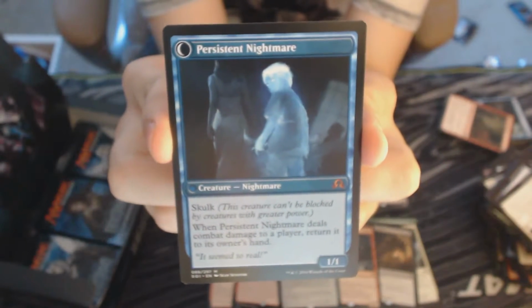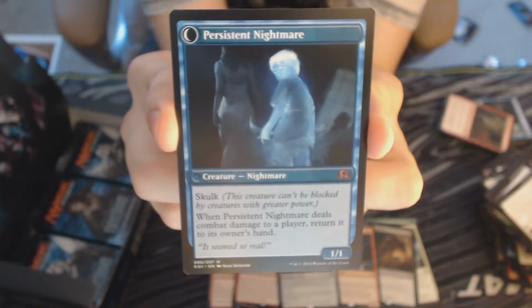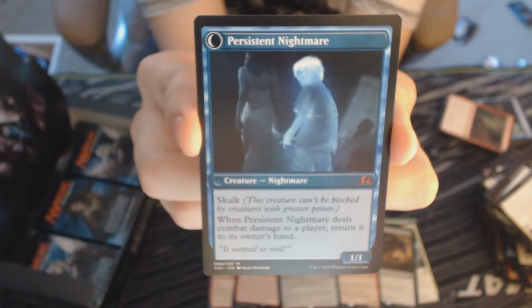Then we have Persistent Nightmare. It is a 1/1 Skulker. Whenever Persistent Nightmare deals combat damage to a player, put it back in its owner's hand. Essentially, you mill someone, you get a 1/1. I'm going to hit you with a 1/1 you can only block with a creature with 1 power. You take the damage, I put this back in my hand, and then I repeat this process